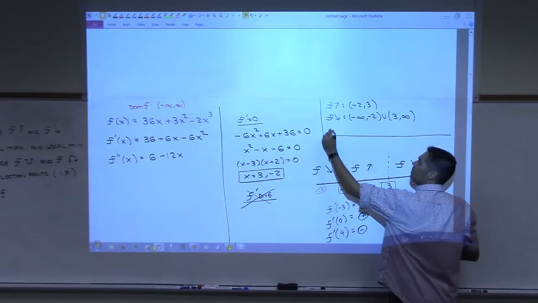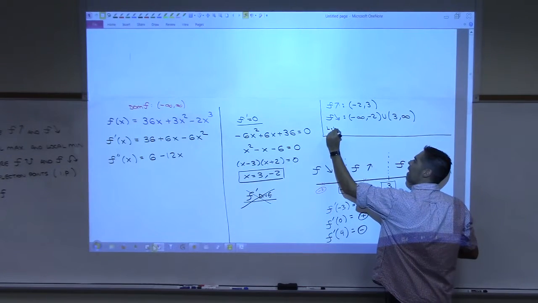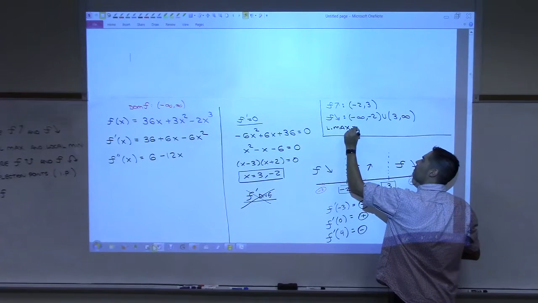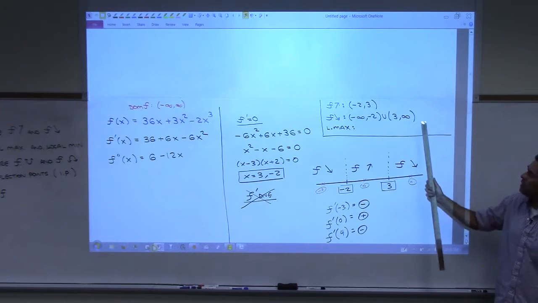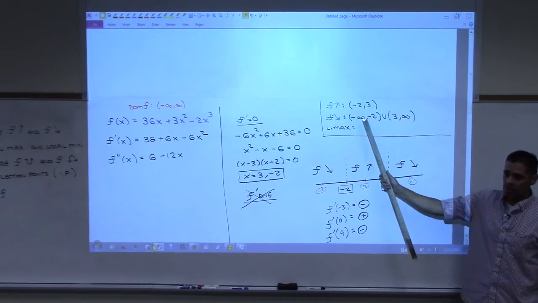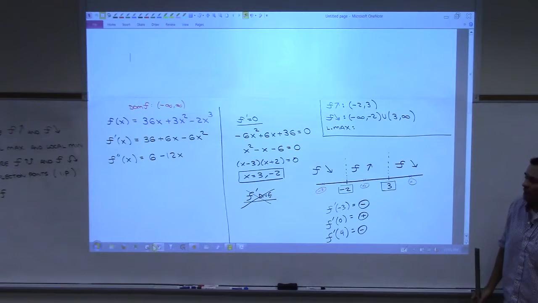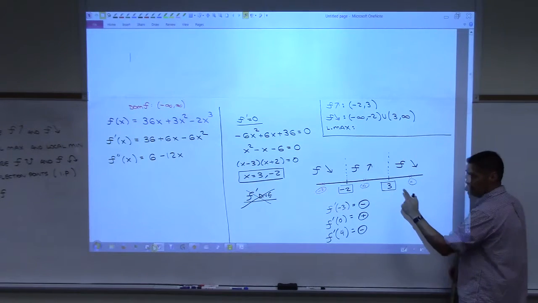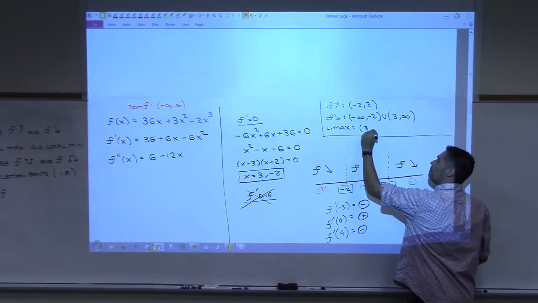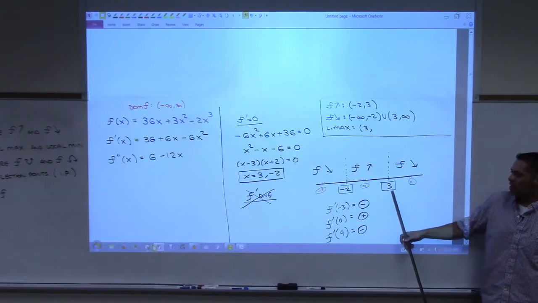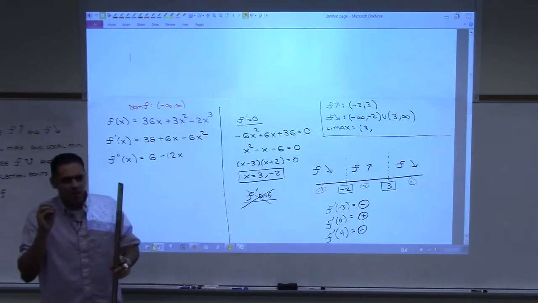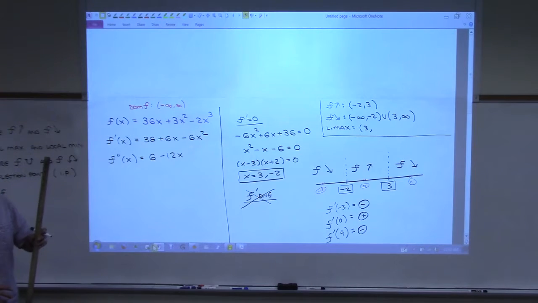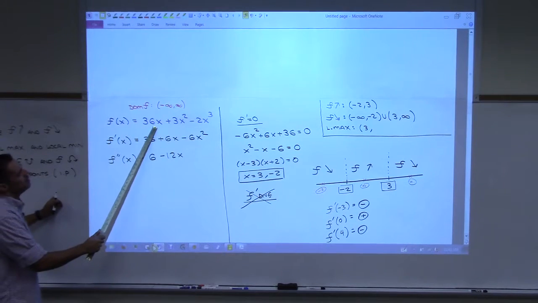So I can say here, I have a local max. I'm going to put L max. And this is a point, okay? I'm about to write the x and y coordinate, not to be confused with these, which are intervals. The x coordinate of my maximum is what? 3. What's the y coordinate? You actually have to take 3 and plug it into the original function. You see, there's a lot of room for getting confused because you have to remember what's being plugged into what and why you're doing it. So if I plug 3 into this,